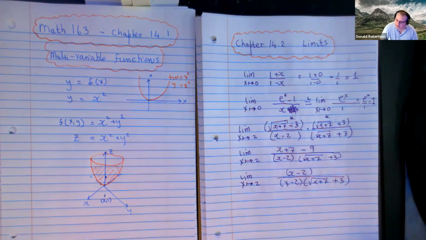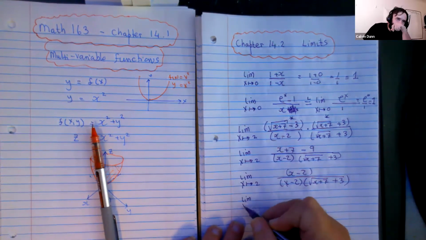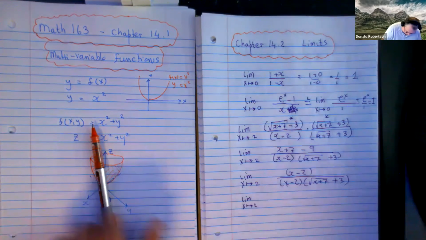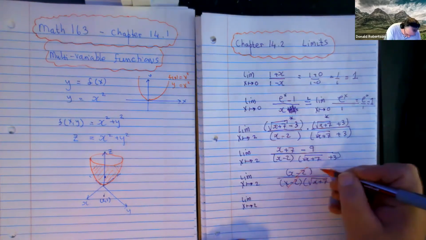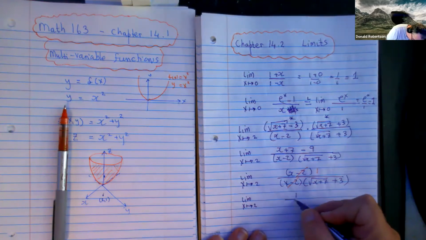Still with me? Now, do you see anything nice that can happen here? Cancel out the x minus 2s. Yeah. So I'm just going to do that. Of course, when you cancel something out, you leave a 1 behind if it's all gone. So we're now looking